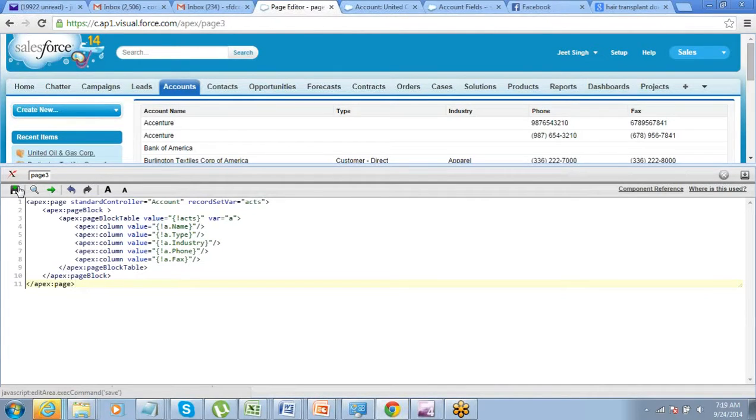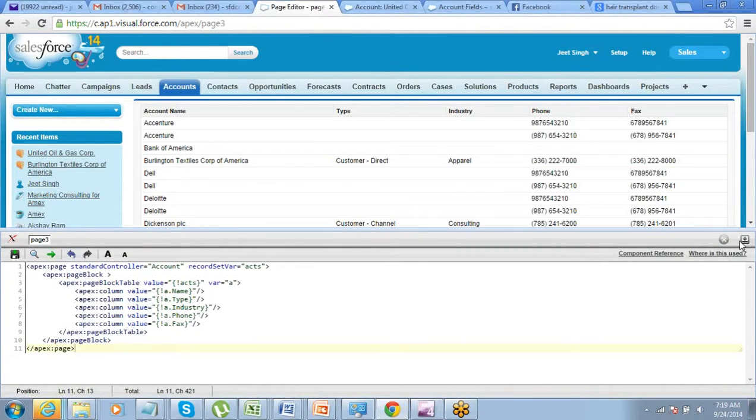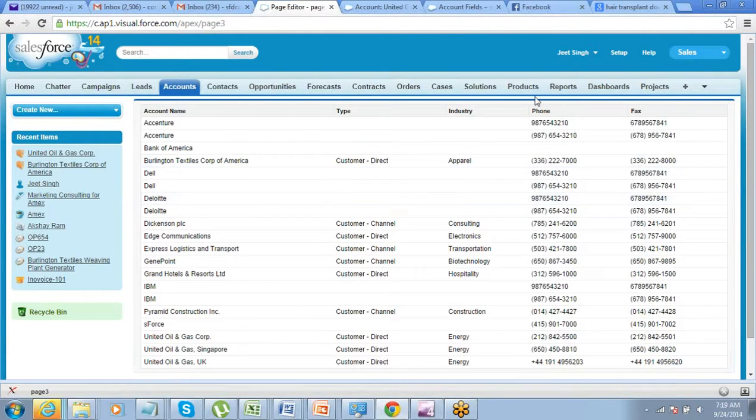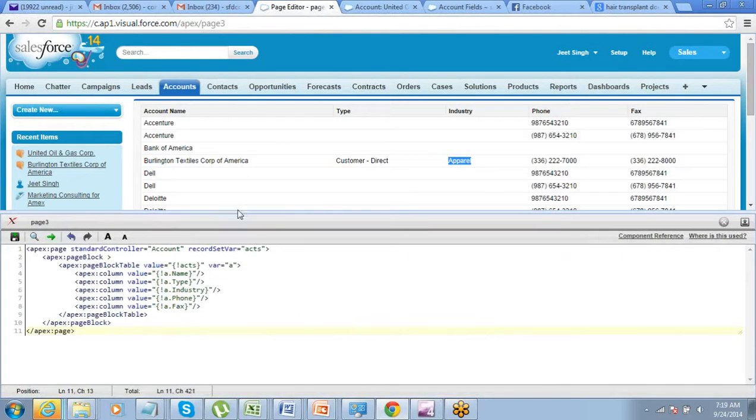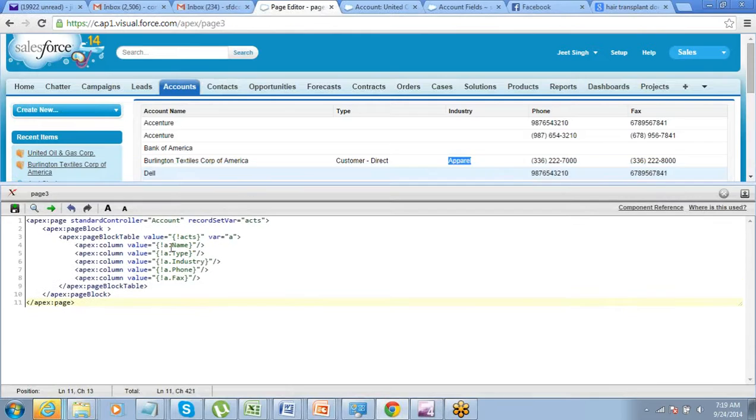Now there's just one small thing that we will discuss before we conclude our today's session. In case you want one of these fields to be editable, let's say industry, you want this to be editable. Fine. While you're displaying the list, instead of this value appearing like this, you want this to be an editable field. You just have to do a small thing. You will have to put it inside an input field. So input field is a component which allows you to enter some value into that field, right? So we are talking about industry.